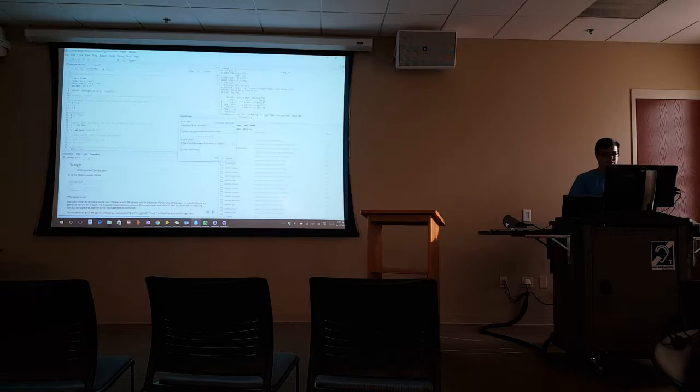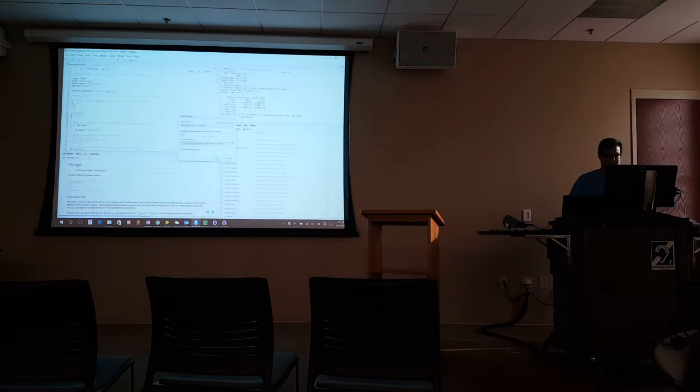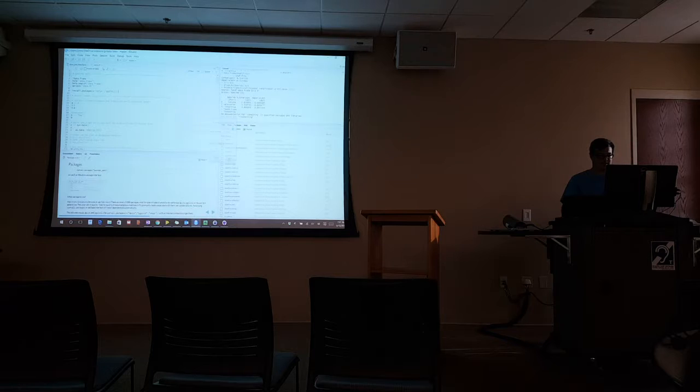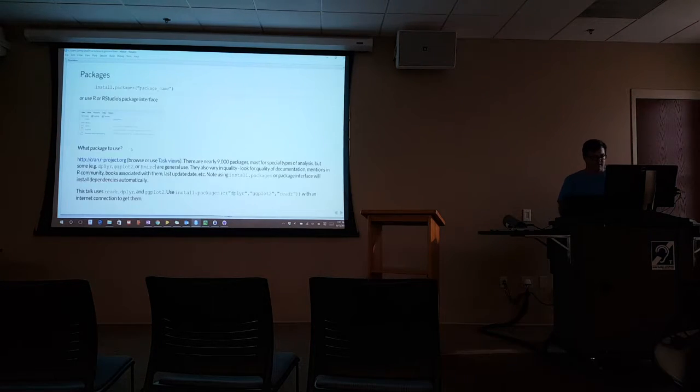If you know what package you want, say dplyr, assuming I can spell, even if I can't, it suggests the packages. So I've already done this, so I'm not going to commit to the install, but the package interface is very easy to use for the official packages.